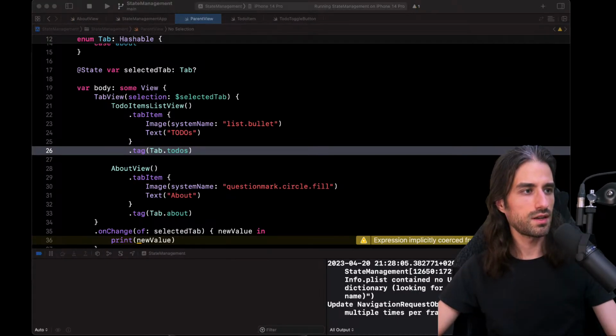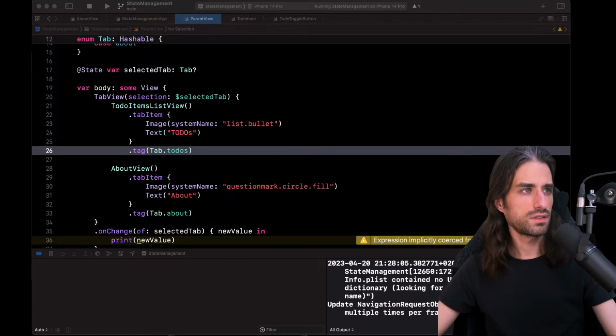I'm just looking at the code to make sure that I haven't missed something, but yeah, I should be able to set a tag and it should work.